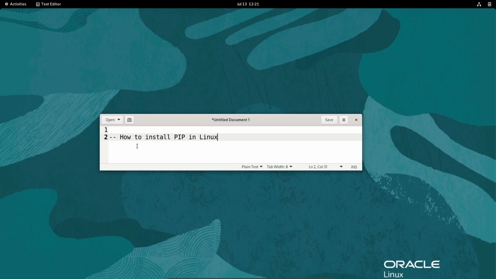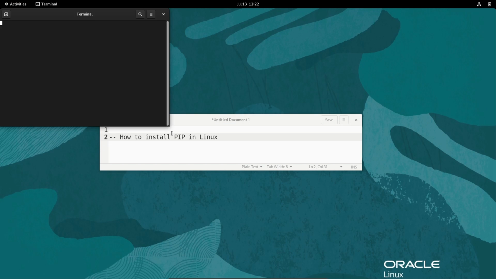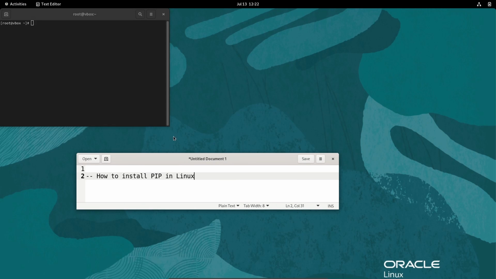In this video I'm going to discuss how to install pip on the Linux operating system. So let's open the terminal, and thereafter the next step is